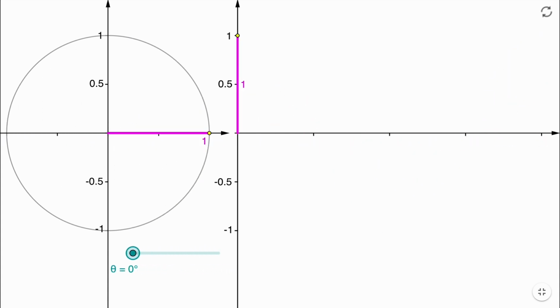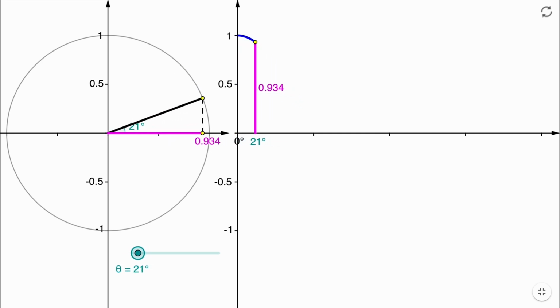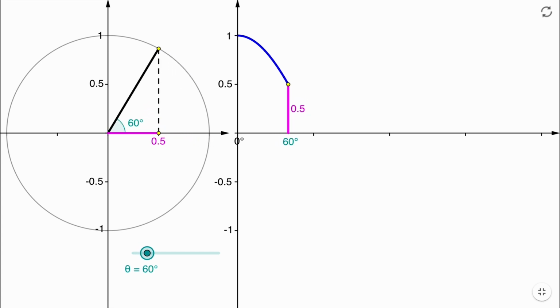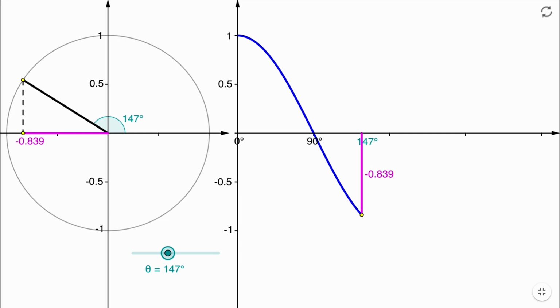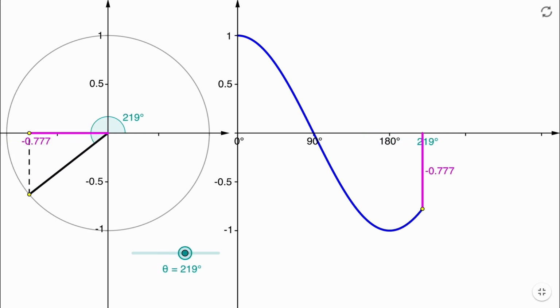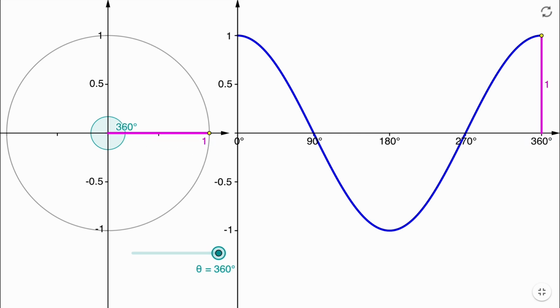And if you look at both the width of the purple line on the left, the adjacent side of the triangle, and the graph on the right hand side, it starts out at 1 and moves back to 0, through 0 to negatives, and then back